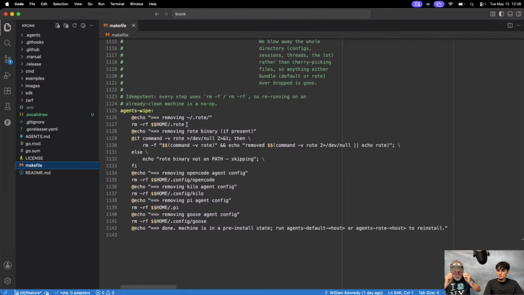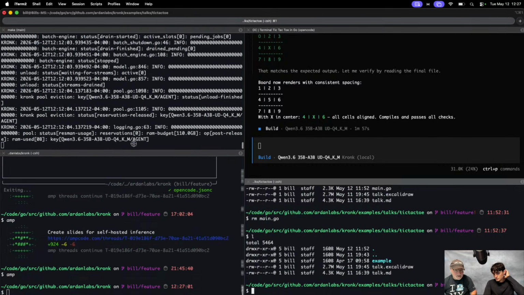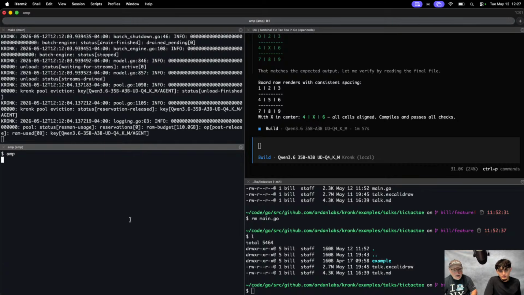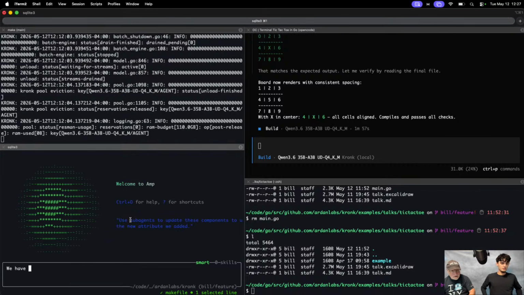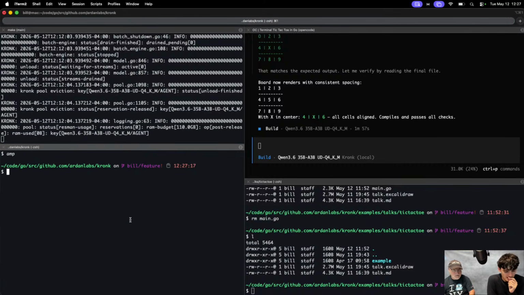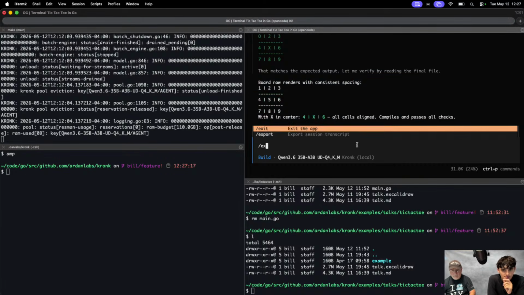that's kind of silly. So before I run this, because I just realized this earlier today, I don't want to have a set of default and then rote, and then it's really confusing for the model to figure out what it's doing. And ideally, as a developer, you're either using one or the other. Yep. But before we do anything, I think I should have AMP be smarter about this. Don't remove the whole installation. So we have this. Then again, I can walk you through the installation too. Yeah. So maybe I'll fix this later. Let's just wipe it all down for now.